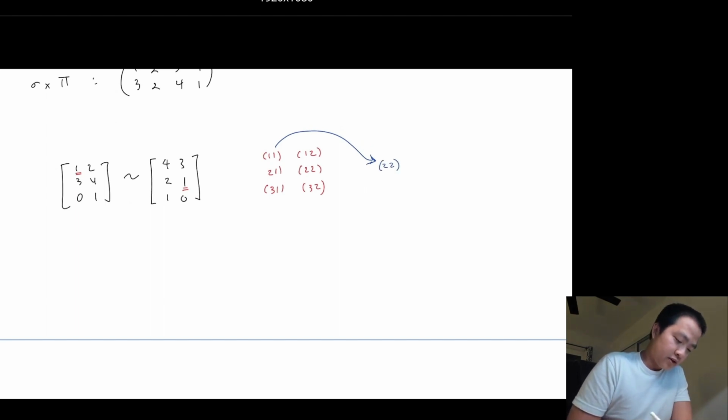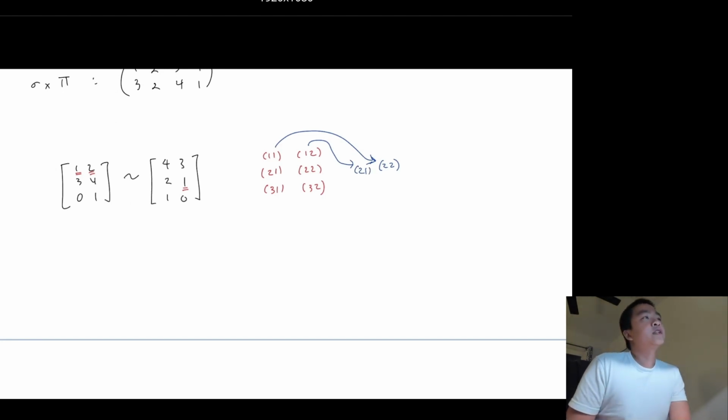Now 1, 2 is mapped to 2, 1. Right. So you can think of a series of row and column exchanges as just a permutation on the matrix